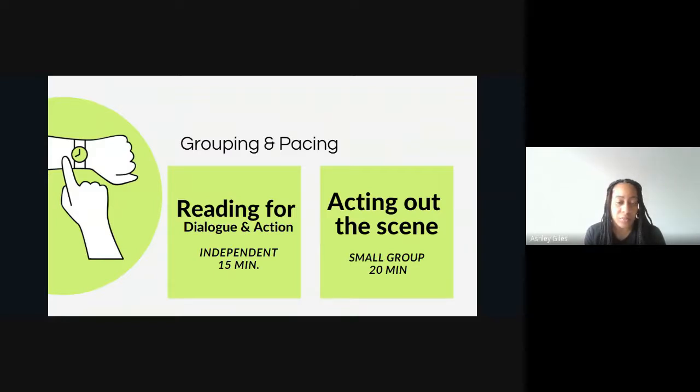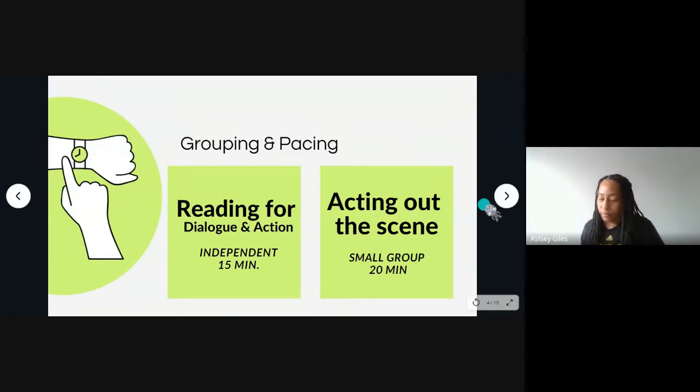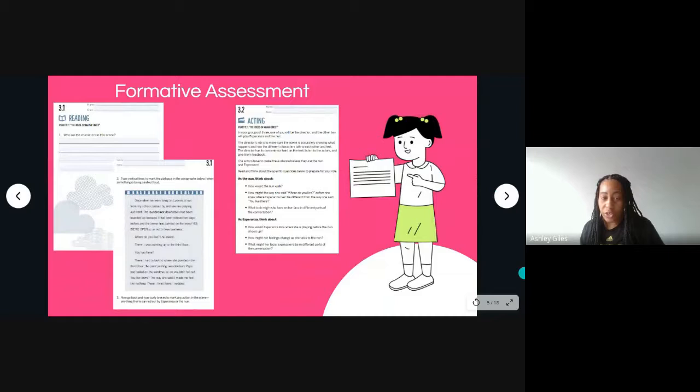You're going to place your students, be strategic about that, in small groups. They're going to be placed into groups because they're going to act out the scene. So, how many students should be in the group? Well, someone needs to be the director, someone needs to be the nun, and someone needs to be Esperanza. And if we could go to the activity page 3.2.